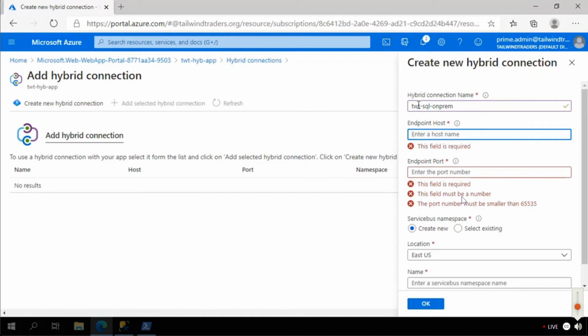Now, the important thing about setting up the endpoint host is that the endpoint host address needs to be resolvable from the system that you've installed the Hybrid Connection Manager on. So it can be an IP address or a fully qualified domain name, but it needs to be one that can be resolved from the computer or the host that has the Hybrid Connection Manager installed. So in this case, I just put the IP address